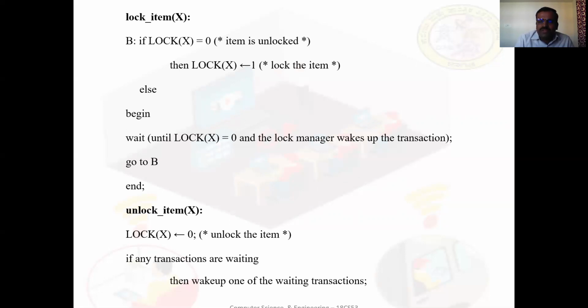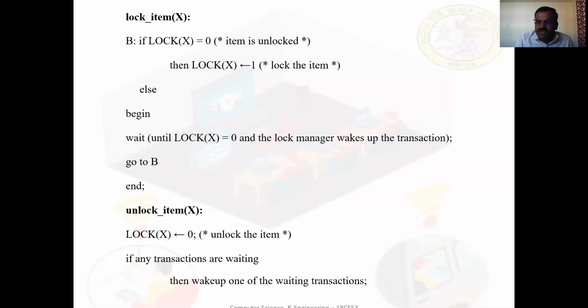It's also called a critical section in operating systems. That is, no interleaving should be allowed once a lock or unlock operation is started, until the operation terminates or the transaction waits.